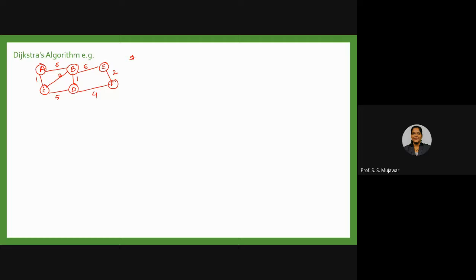Now the question is, show Dijkstra's algorithm computations. So the computations at node A. Okay. So the very first step in this will be, you need to first make the permanent and the temporary column. The node which you will be visiting, by finding out the shortest path, that will be moved into the permanent column. The leftover nodes, the entry of those nodes will be present in the temporary column.